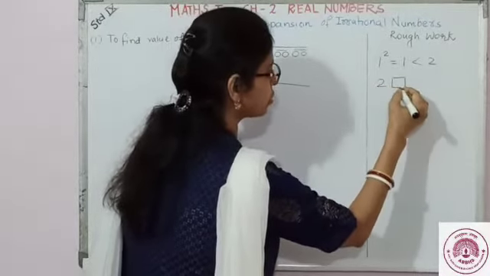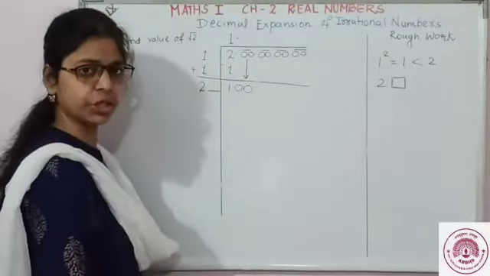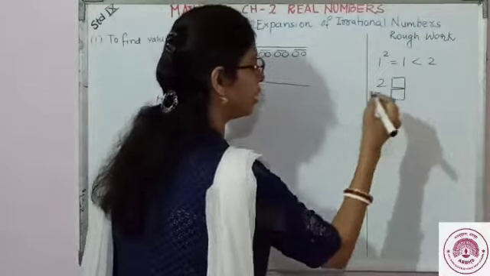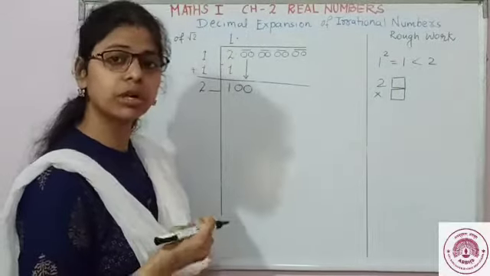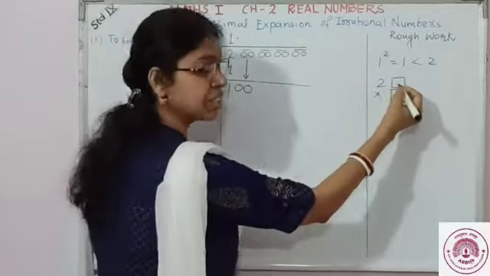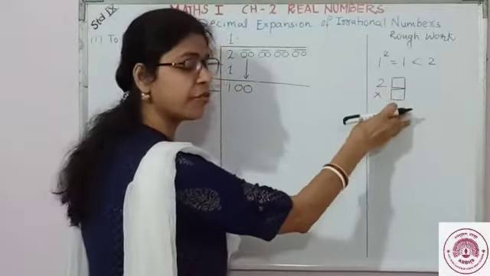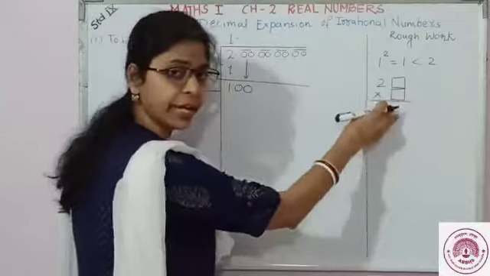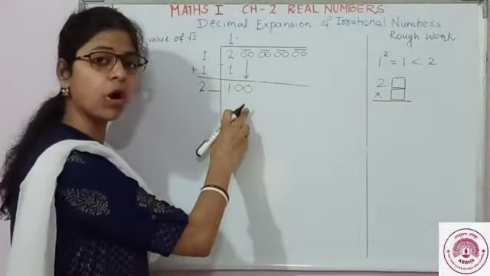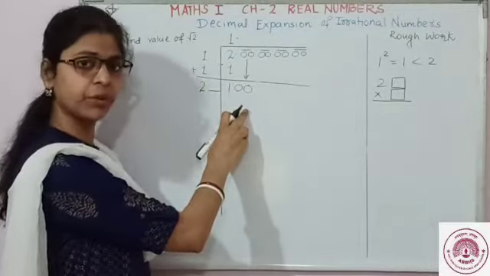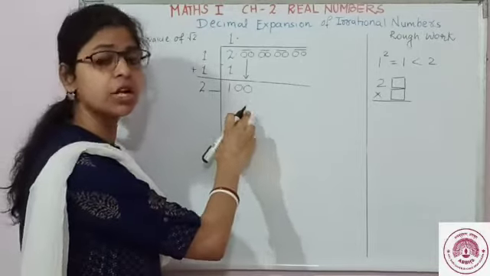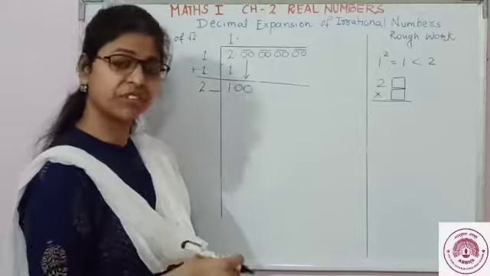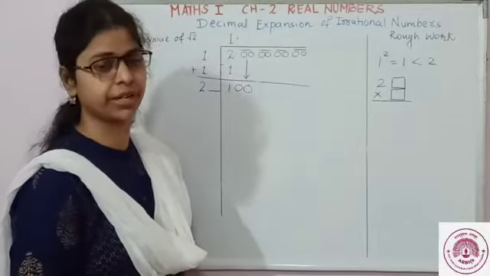Okay. Now 2. So this box is for the next digit. Okay. So multiply by. Now again find out a digit which we can write here. We have to multiply with the same digit and the value we get should be less than or equal to 100. Okay. So which value we can take? So here you have to use the trial and error method. So you have to keep on trying with different digits.